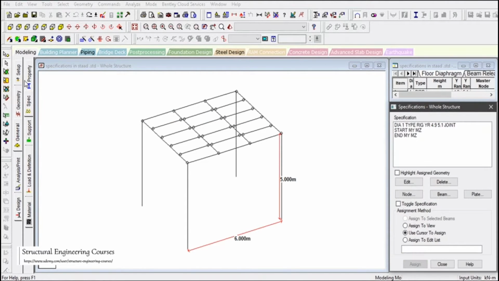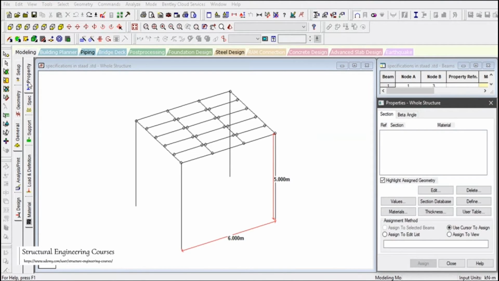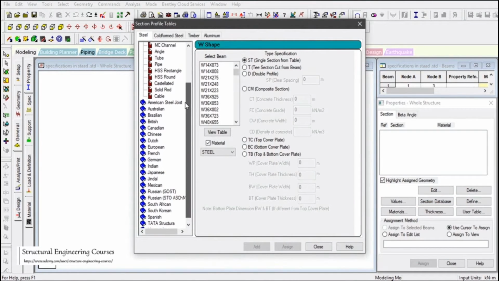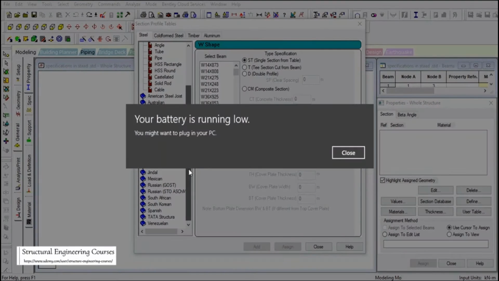Now to make things more clear, we will go to the general and property tab, and then we will select some structural steel members. To do that, we need to go to this property and left click on section database. In the section database, we can see that there are various structural steel section libraries that are already